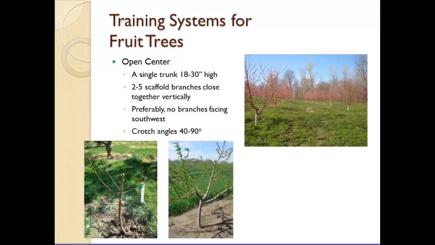And traditionally, the peaches and nectarines are in this open center. Now, when I say traditionally, that does not mean that a peach can't be grown in a central leader and that an apple can't be grown into an open center. It's just for production. The peaches seem to do slightly better in the open center, and the apples are more in central leader. But as I say,